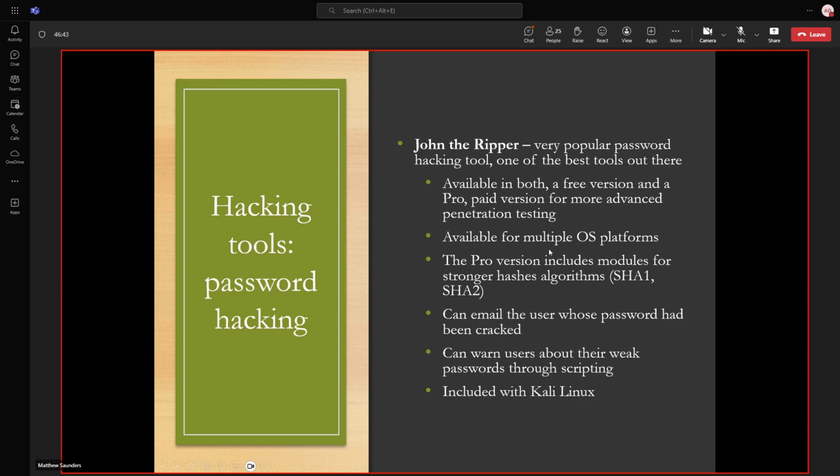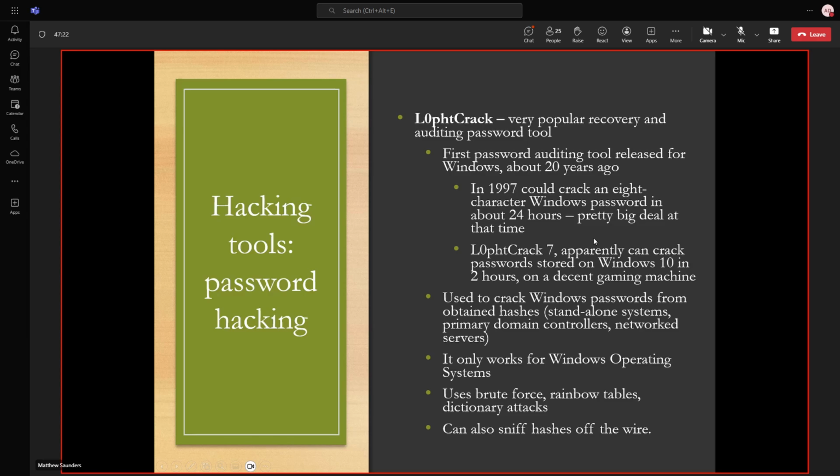They can run on multiple OS platforms. That doesn't matter to us too much. The Pro version we're not going to get into too much, but there are a few things to be aware of. One is John the Ripper will often crack passwords and stick them into a file. And so it might look like it's running and doing nothing when actually it's just putting all the data into a file. You've got to watch out for that. You can tell it to alert you every time it's cracked a password, but if you haven't provided those switches to do that, then it may not warn you. This is included with Kali Linux. It's a pretty good go-to.